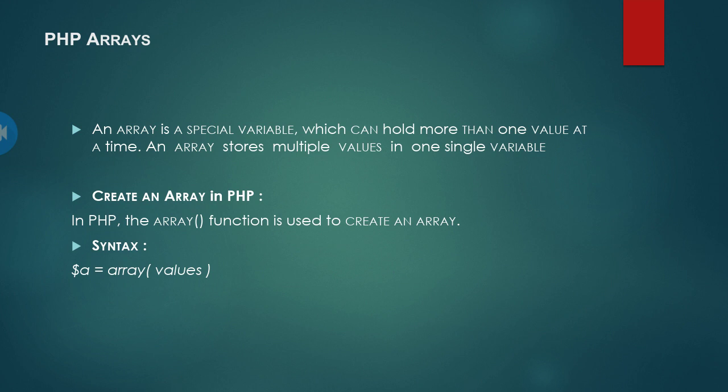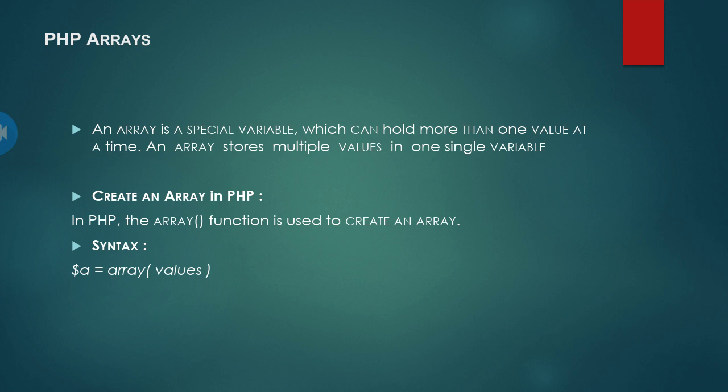I want to give you one real life example. For example, I have to declare 100 students of your class. I want to make a program which will calculate the result, and I have to declare 100 students. So what I can do is just create an array. It is very simple to create an array. For example, I can create an array with the name student, and in that array I can declare those 100 variables. So there is no need to declare the variables 100 times. I just have to declare it once. So that's why we use an array.